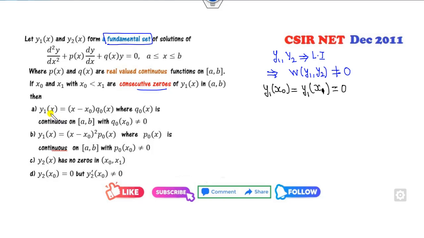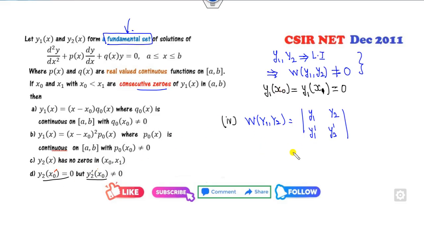Then y1 is my here, y2 is this, y2 is this, and y2 is this. I can start from this fourth option firstly. This is 0 and this is non-zero. Remember, in the given statement, they are talking about the fundamental set. That means LI. What is the Wronskian of this? Y1 and y2 will be y1, y2, y1 dash, y2 dash. Now, at the point of x naught, what is the value? Y1 x naught, 0. Y2 x naught,